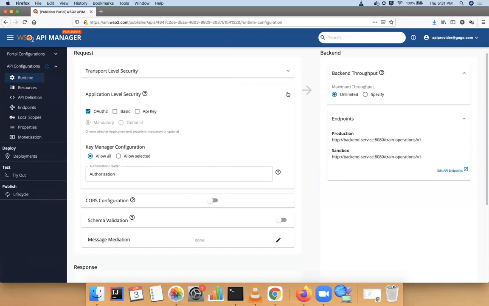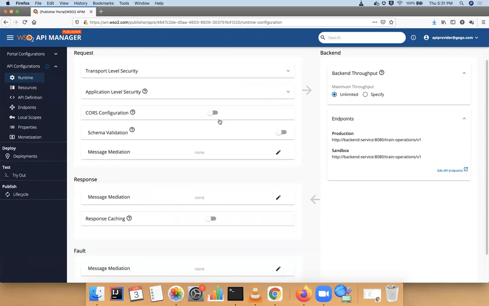Then you can go to the CORS configuration of your API. You can enable or disable CORS configuration with this one, and then it will enable that for your API. Then we have the schema validation feature. Along with the API, we usually upload an OpenAPI definition.